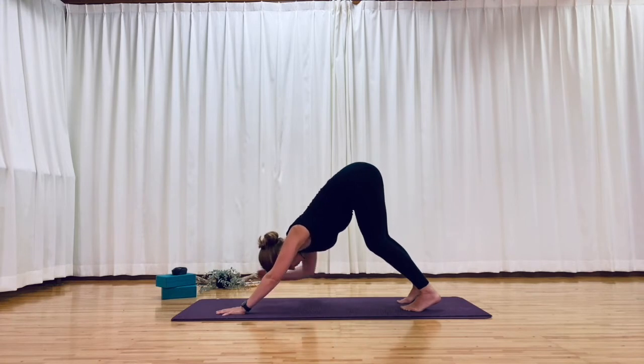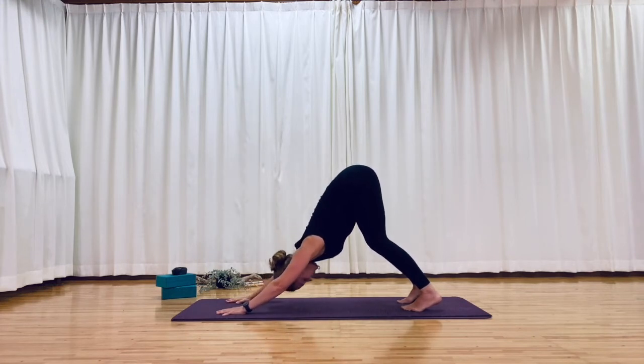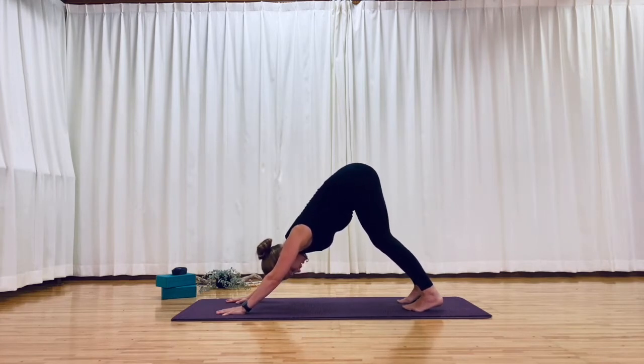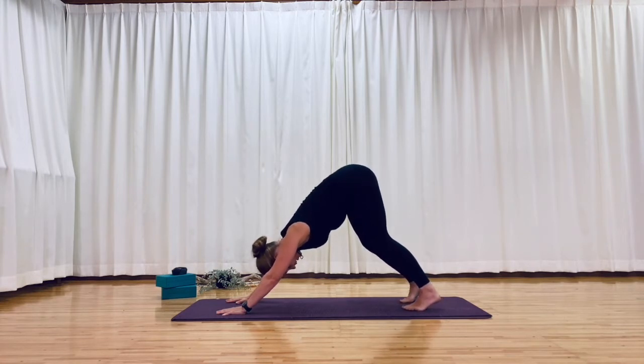Breathe in here. Breathe out. Find length. Feel that stretch in the backs of the legs. Neck is relaxed. Gaze is gently back towards the feet. Good. From here, let's roll onto the outer right edge of the foot and the arch of the left foot,